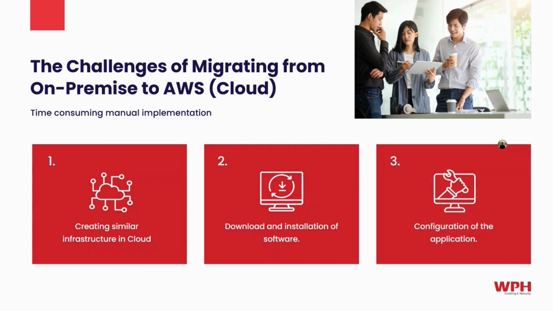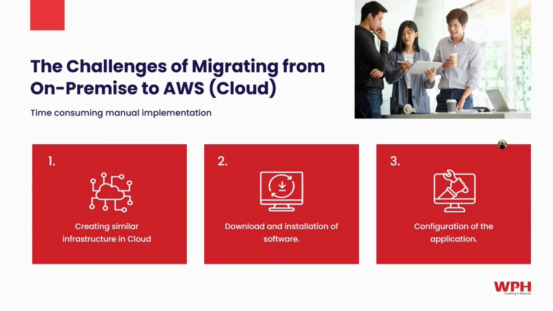And the third phase is configuration of the application. This starts with the data migration. You will be taking the backup of the data repository from your on-prem, and you have to restore that backup in your AWS. After the data backup has been restored, you will be doing multiple configurations on your database. And after the data has been migrated, you will be migrating the project files from your on-prem to AWS. Once the project files have been migrated, you will be doing multiple configurations on the project files. That configuration has to be done in such a way that your application works in AWS as it was